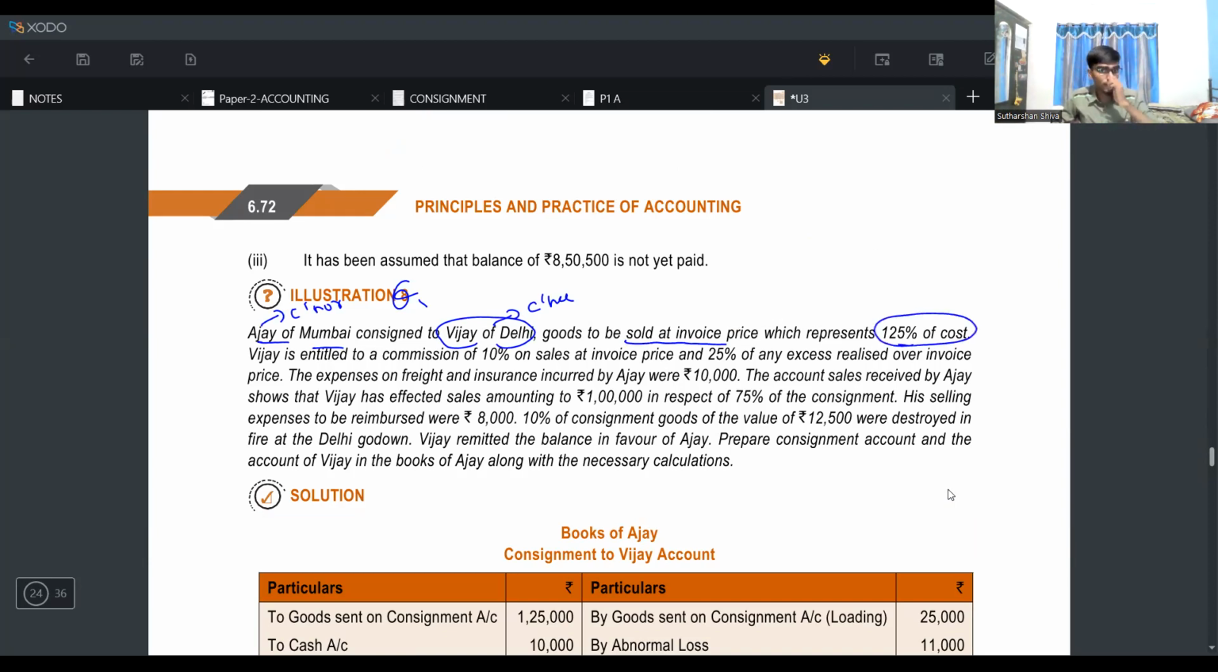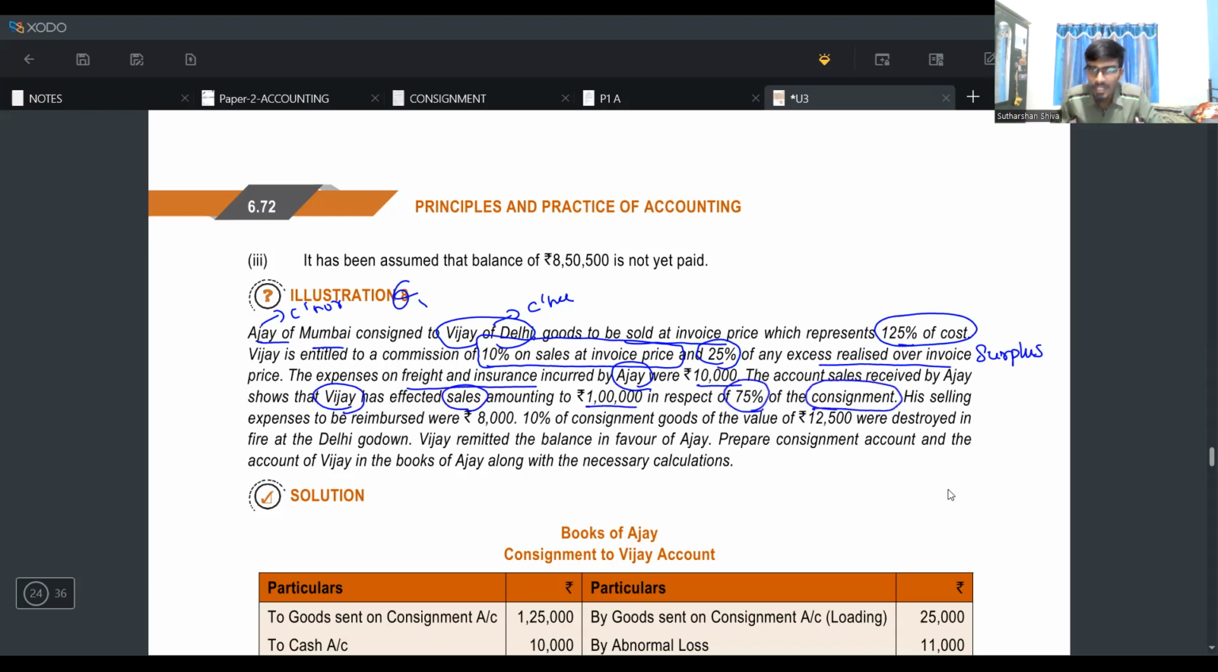This is one of the important points. Vijay is entitled to a commission of 10% on sales at invoice price. This is another important note. Then 25% of any excess realized over that, that is surplus, is the overriding commission. The expenses of freight and insurance incurred by Ajay, the consignor, were 10,000. The account sales received from Ajay shows that Vijay has effected sales of 1 lakh in respect of